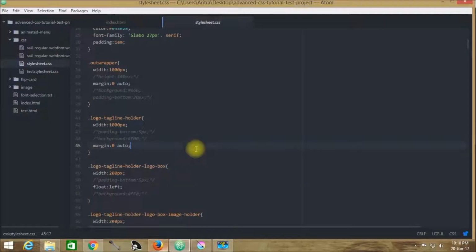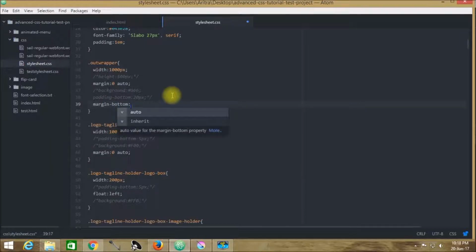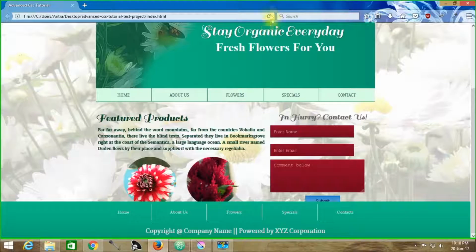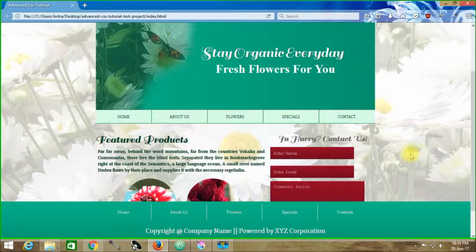So that is why we need to get back to outwrapper, and here all we need to mention, it was 50 pixels, no, it was 100 pixels. So we are leaving first a total gap of 60 pixels, and we need to see what is happening over here. Just leave it, and we can see that what was practically suppressed under this footer element is now getting visible over here.